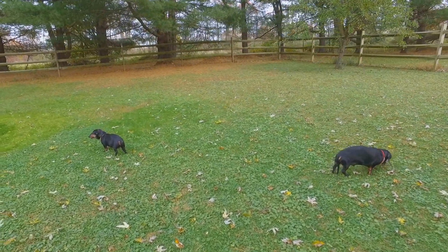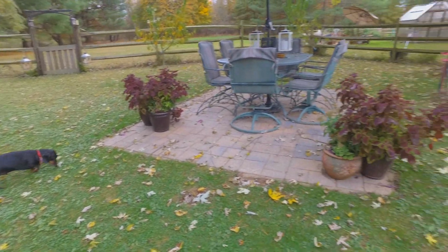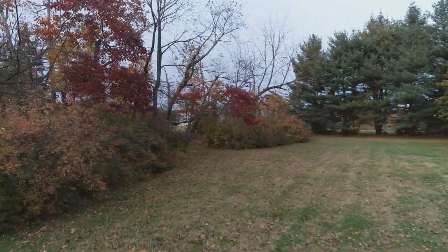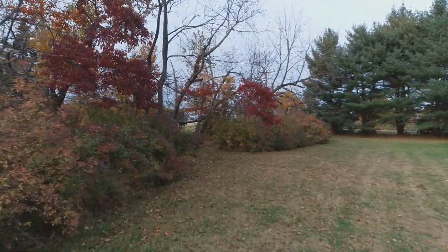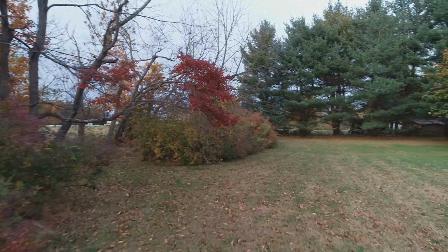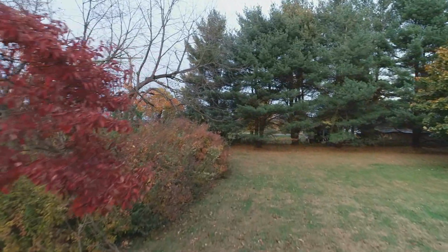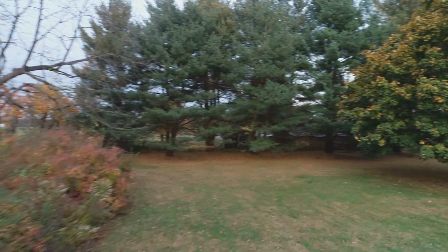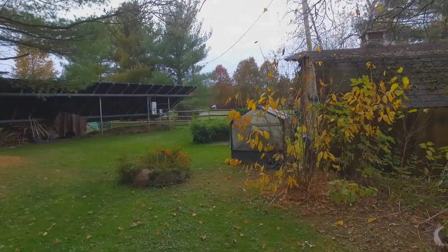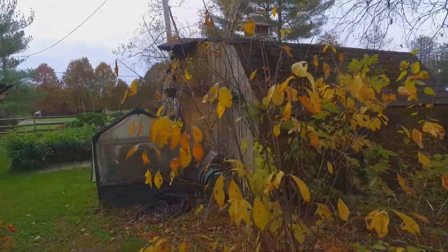Well, as you may be able to tell by the leaves on the ground and maybe the color of some of the trees around here, it is definitely fall, and it's actually October, and this is the October Marvin Gardens video. Here's one tree that's mostly shedded all its fall leaves,